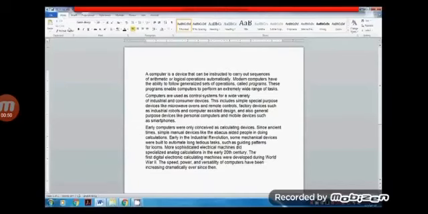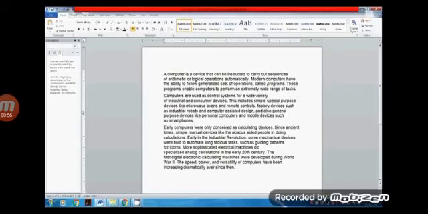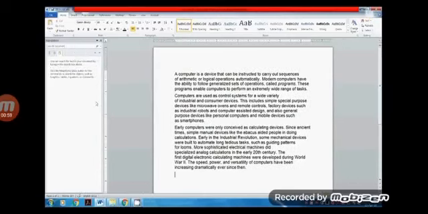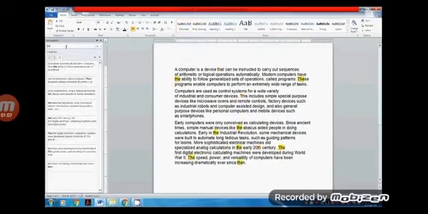From the Home tab, click the Find command. The navigation pane will appear on the left side of the screen. Type the text you want to find in the field at the top of the navigation pane. If the text is found in the document, it will be highlighted in yellow and a preview will appear in the navigation pane.